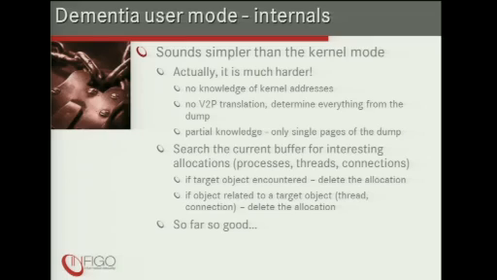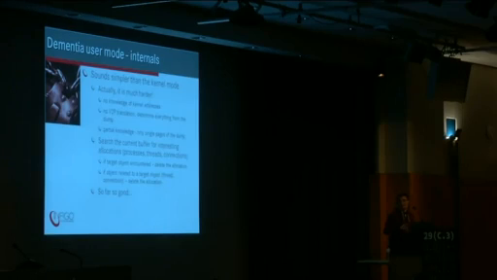Why? Because you have no knowledge of virtual addresses inside the kernel. You cannot access kernel memory. You don't know what's inside the kernel memory. Additionally, you cannot easily perform virtual to physical translation because all you get is physical offsets and physical layout, and inside this physical layout you get virtual addresses that you don't know. So it's difficult to perform virtual to physical translation like Volatility because you have only partial knowledge. You have only the current dump, which is a page or multiple pages long.